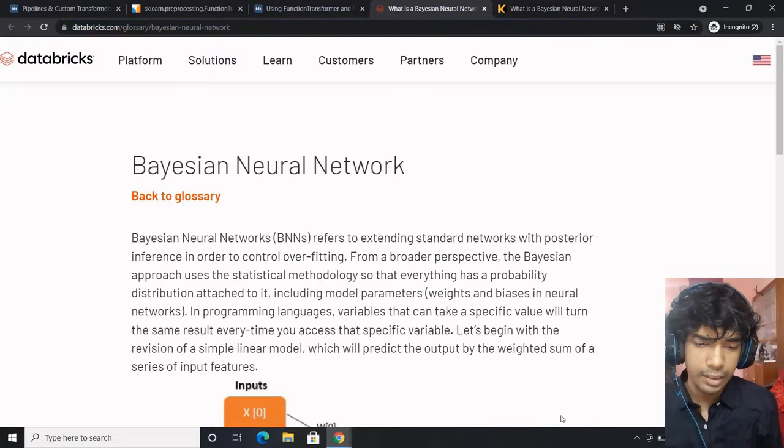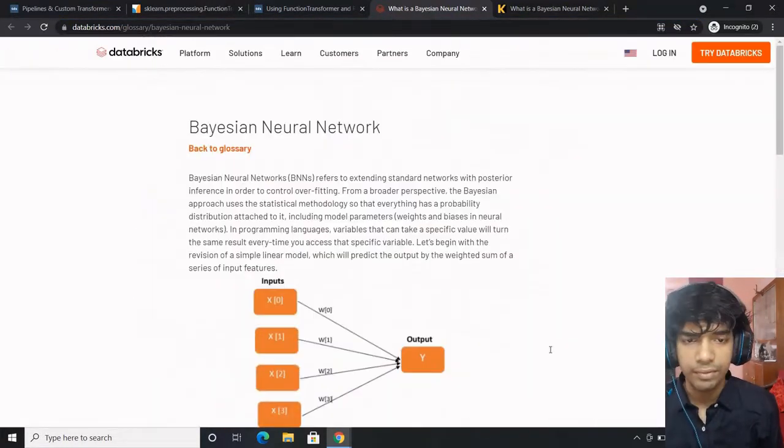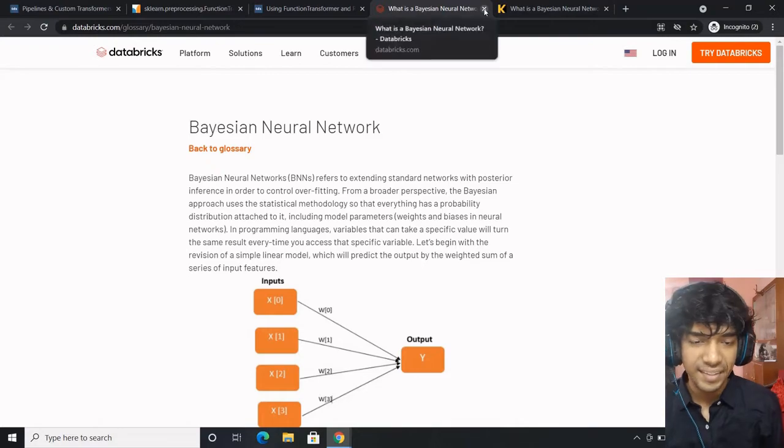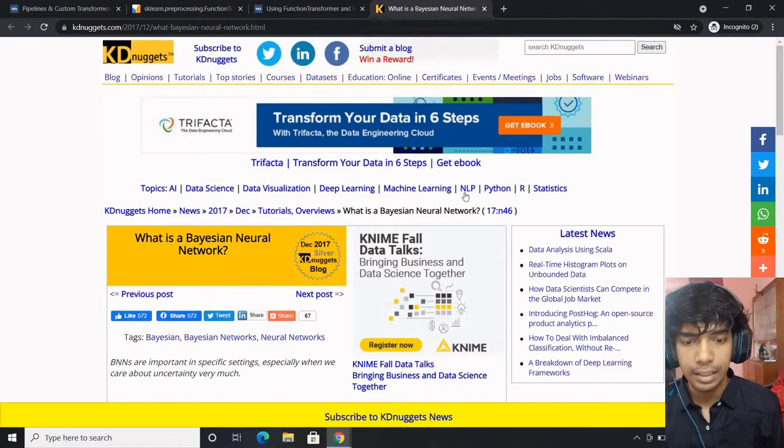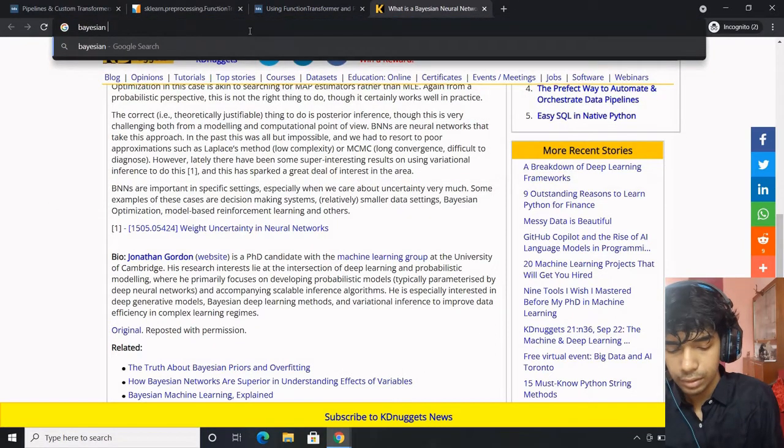Next up would be discussing the implementation part. If time permits, we can discuss implementation today itself. If it doesn't permit, we might always take it up in any other weekly session. So let's search if we can get anything more on Bayesian neural network versus standard neural network.